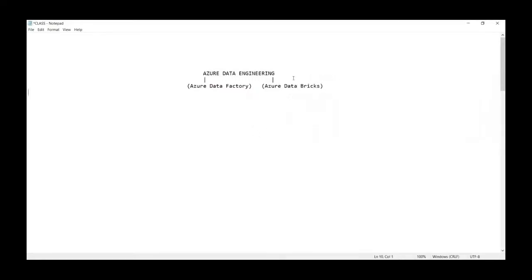Apart from this, we have many more things in Azure data engineering. Today we'll start with what basically an Azure Data Factory is, and what